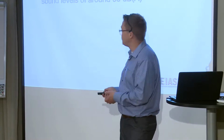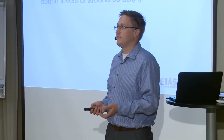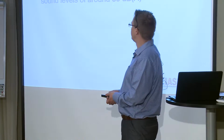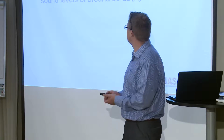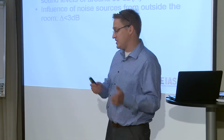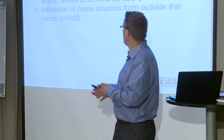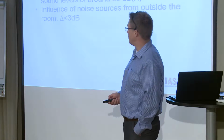The goals we used for the single room units, well, we just used, let's say, the Belgian building standards, because for us it was the easiest way to convince other people in the design project to apply just the standards. And the standards say, look, you should have a background noise in your sleeping room of around 30 dB. Another important part was that the influence of the noise made in the adjacent rooms, which could be more than 75 dB,